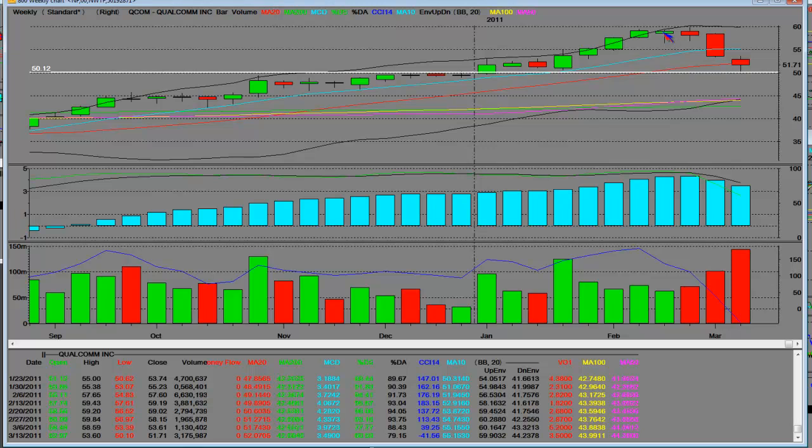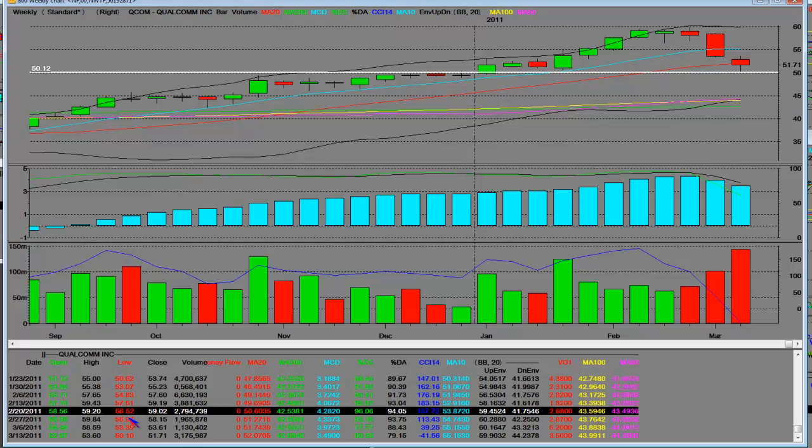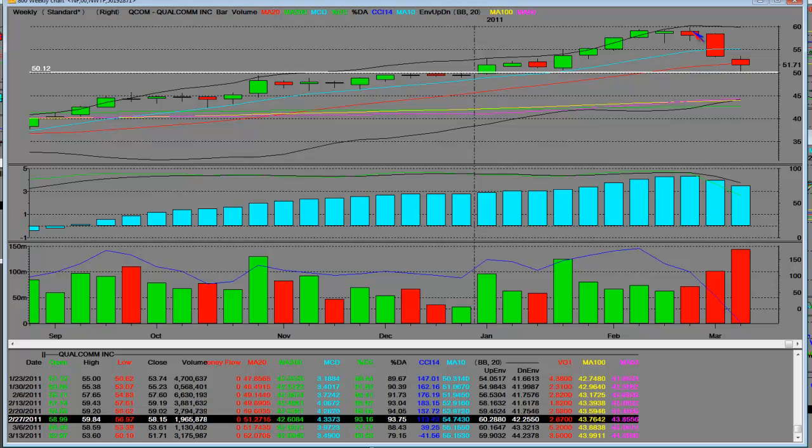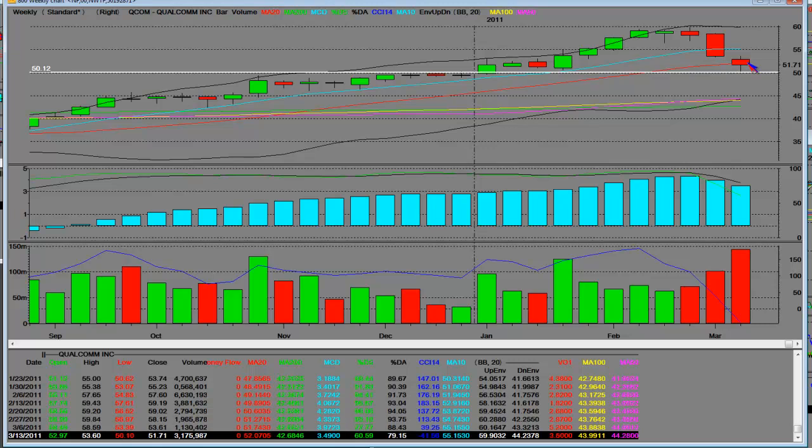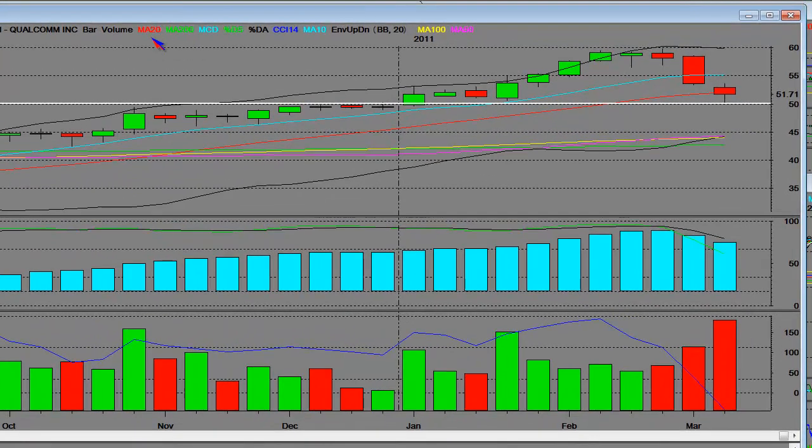So right here, QCOM had put a high in on a weekly chart back on 2/20 at 59.20. This reversal bar is at 59.84 on the high side, and we have pulled back here. The red line is referred to as a 20-week moving average that hedge fund managers and institutional managers will be looking at. In their view, in their world, you're a market maker. Your world's quite different than theirs. But this is how they make decisions at this blue line, referred to as a 10-week moving average line.